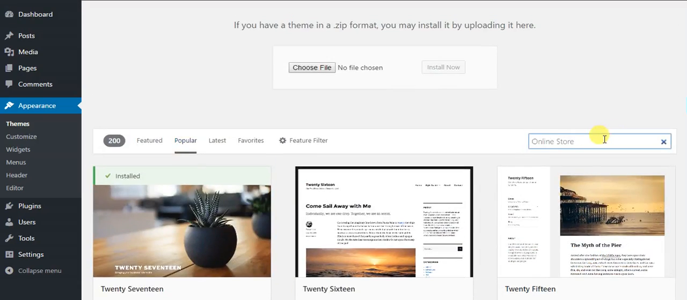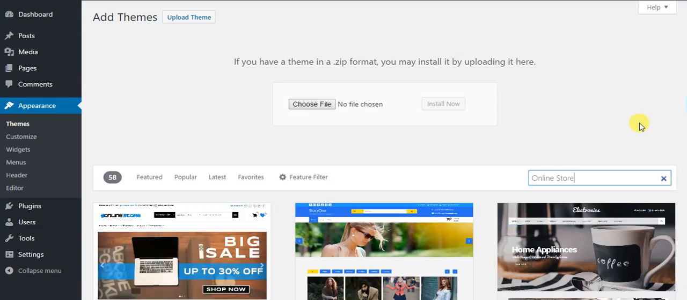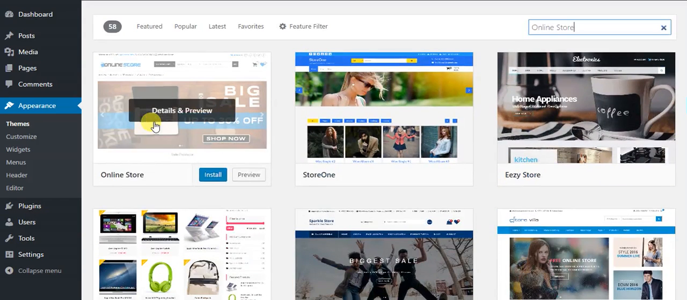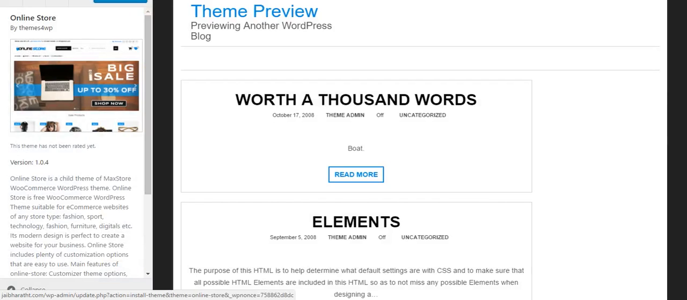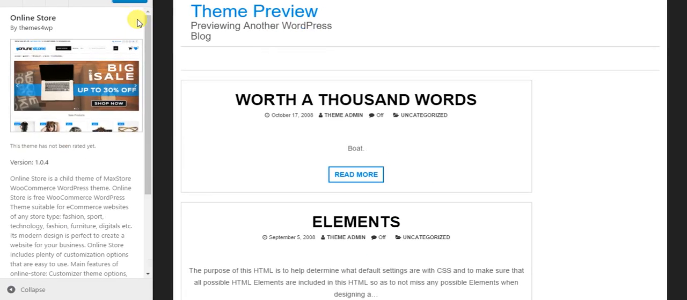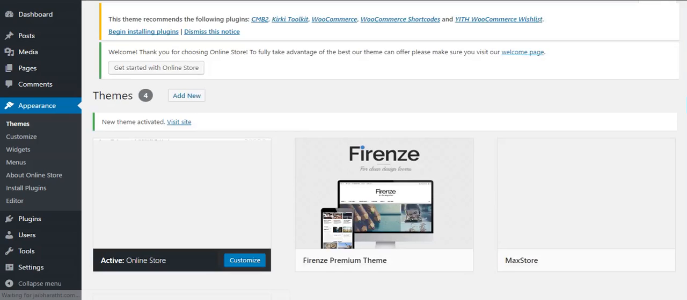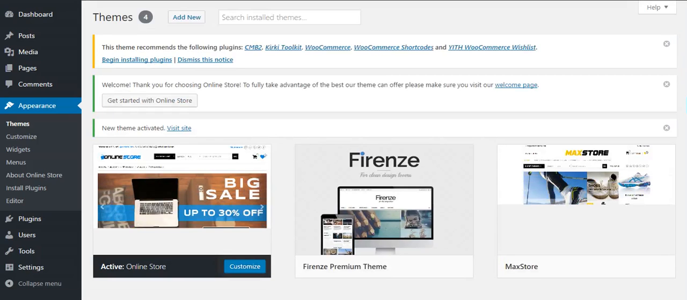Now I am going to install a theme called Online Store, which is a very simple theme for designing an e-commerce website, and it is very simple to understand. That's why I am selecting this Online Store theme. So I have just clicked it and I am clicking on install. So install will be on the top. And after installation, you have to just click on activate. So I have just clicked on activate, and you can see here, as soon as I clicked on activate,